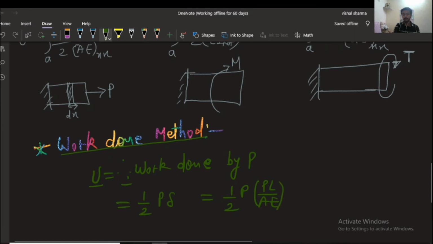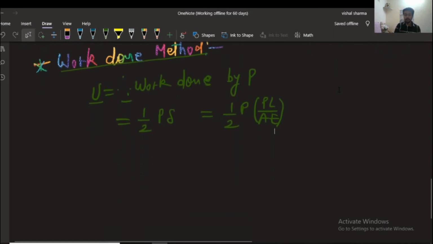So here we can conclude that it is given by 1 by 2 P square L upon A. And there are some limitations for the strain energy method by the work done, which are like this. The method cannot be used